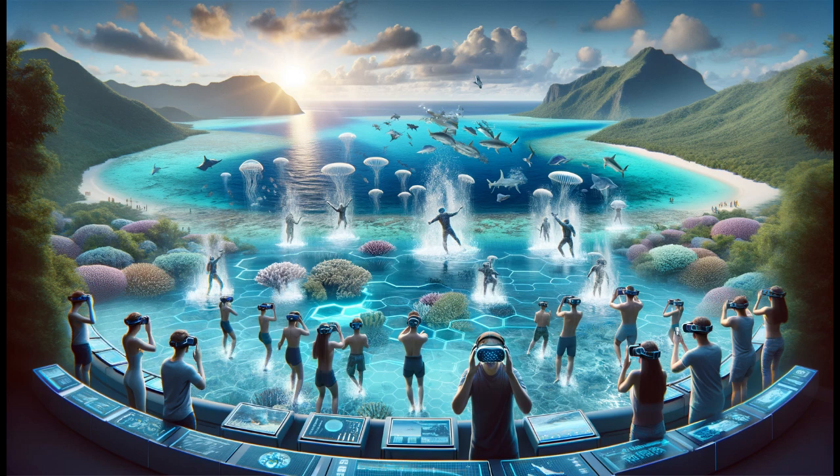As technology advances, the depiction of the reef in media is set to become even more dynamic and engaging. Augmented reality and more immersive virtual experiences could revolutionize how people interact with and understand this natural wonder, potentially driving a new wave of global support for its preservation. The future of media representation could play a pivotal role in shaping public perception and action towards conserving the Great